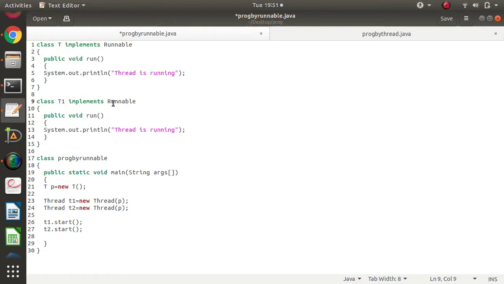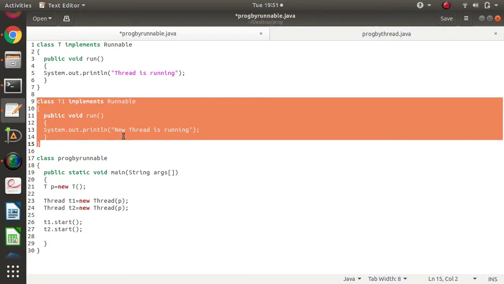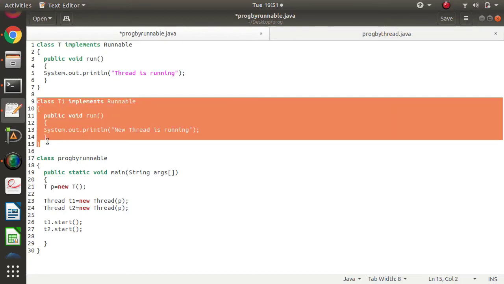Run method is provided by the runnable interface, and here instead of thread is running, we'll allocate a different task, so now we are mentioning new thread is running. We are creating another thread, so that thread will perform this task. It will print new thread is running, and the two threads we created previously will print thread is running. Now see, we have created another class.